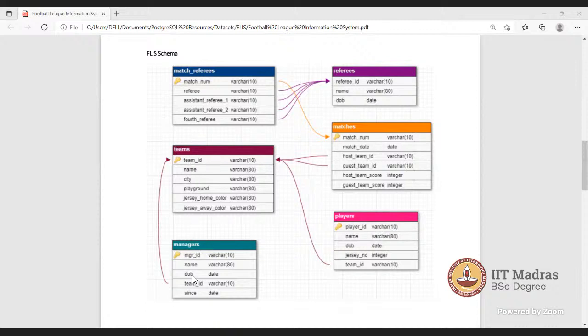Here, if you want to join these two tables, teams and managers, you cannot perform a natural join, because a natural join is performed based on the common attribute name. Here team ID and name are the common attributes, but the name of a manager and the name of a team will be different, so it will give you the null set. In this case you can only use inner join, not natural join: teams inner join managers on teams.team_id equals managers.team_id. If you perform a natural join here, you will get the empty set because the name is not common in both tables. The team ID is common, but the natural join first takes the intersection of the attributes, so name and team ID are both common in the tables, and it automatically takes both. Okay, now I think so. That way, even though the name